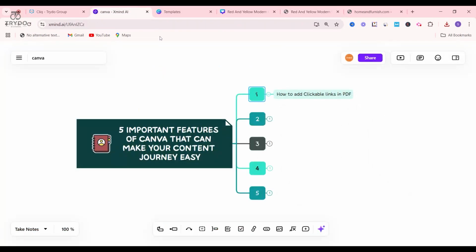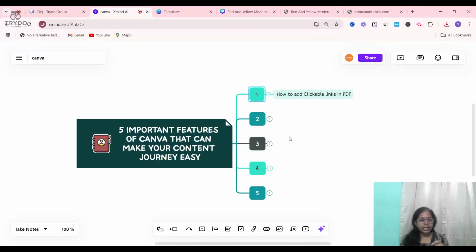So this is how you add clickable links in the PDF. You just need to highlight the text, and there is an option for inserting a link. The main key factor is that you have to download it in PDF format. Then you can share this PDF on all social media platforms.